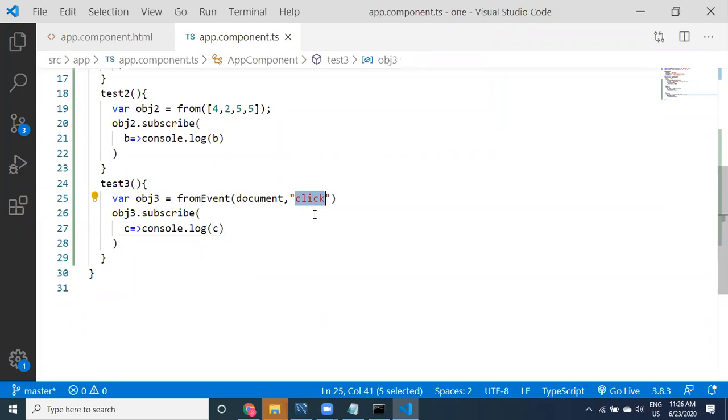You can take other events also. Now, if you click here, what happens? Not one time. It keeps receiving click events multiple times as long as the browser is available. However many times you click, it keeps generating the values.